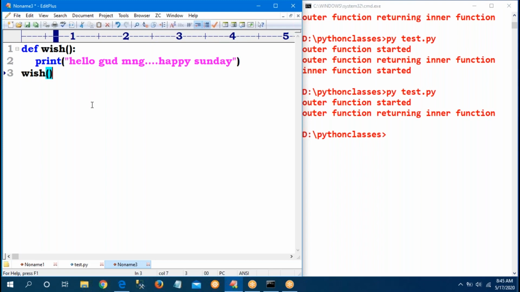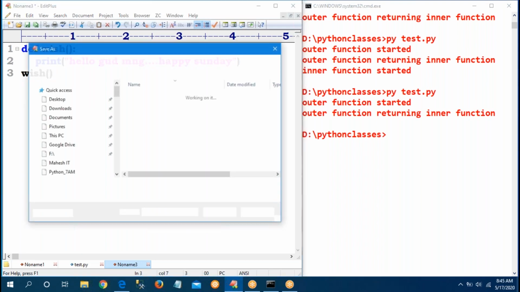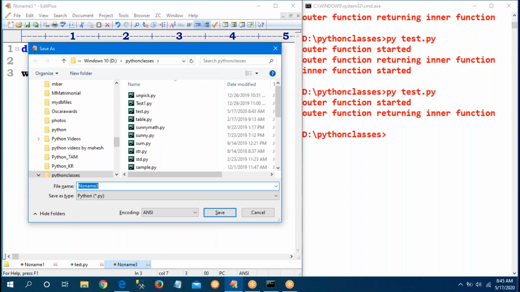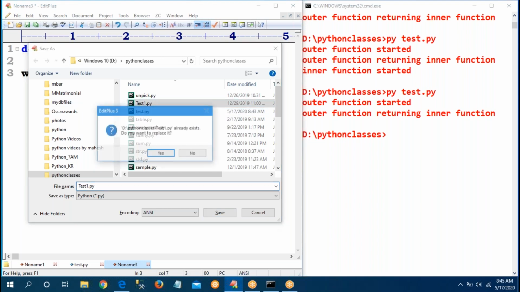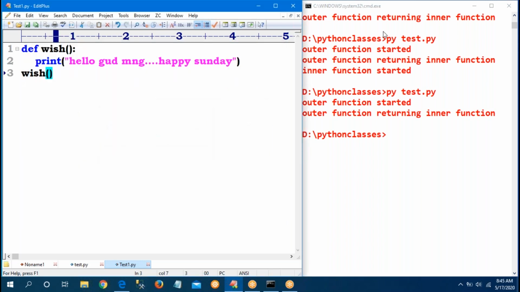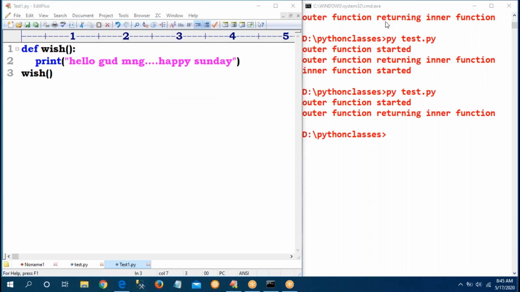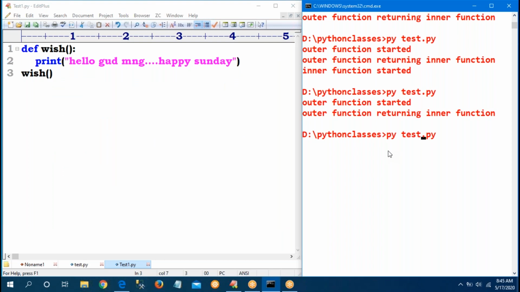Sir, if I am calling the wish function, I want to save it... it will execute the inner function, without the return value being stored. Yes, 90% correct. I will give full clarity. So I want to store it into test1.py. Observe here, concentrate on this program. Sir, if I am running py test1.py, I'm getting hello, good morning, happy Sunday.